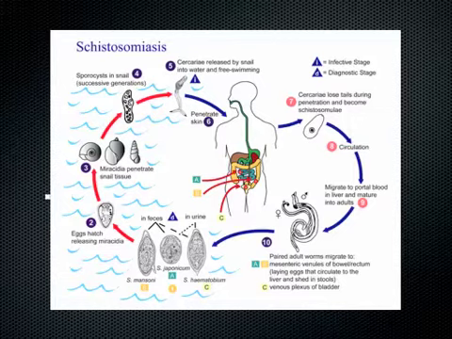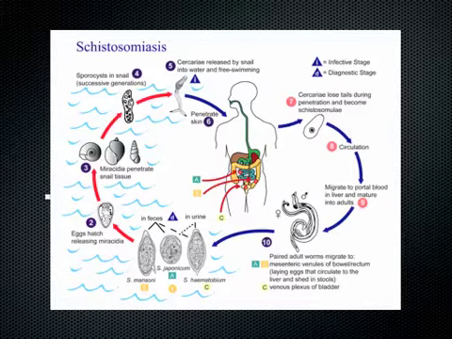From there, they have a pretty crazy life cycle. They're going to go through the skin, and they're going to go into your blood and lymph, and from there they go where all blood and lymph goes, which is to the heart and lungs. Then they squeeze out through the pulmonary capillaries, get into the arterial circulation, right? Because if they're going in the blood, they're getting into the venous circulation. They get into the arterial circulation, and then they lodge in the mesenteric, the splanchnic, and the portal circulation, right? So they're like these tiny beds, and they just latch on there,